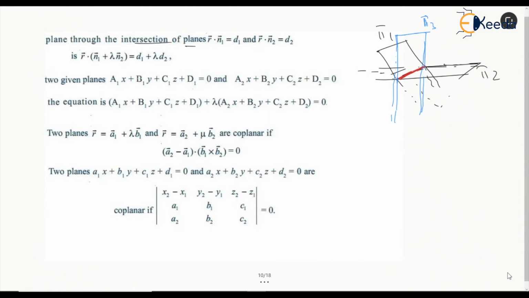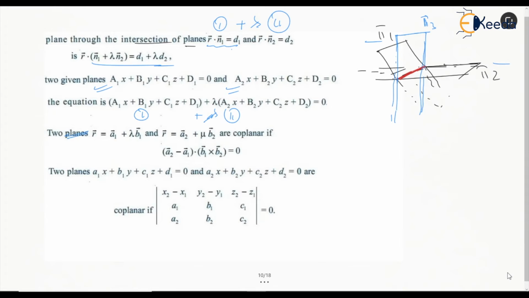So it has to satisfy the intersection, so that it has to pass through pi 1 and pi 2 both, and in that case we can simply write, let's say this is case 1, so pi 1 plus lambda times pi 2, and this is the equation we are going to get, right? And if the plane equation is given in this form, then again we are doing this, pi 1 plus lambda times pi 2. That's it. So this will be the plane which is passing through the intersection of plane 1 and plane 2.